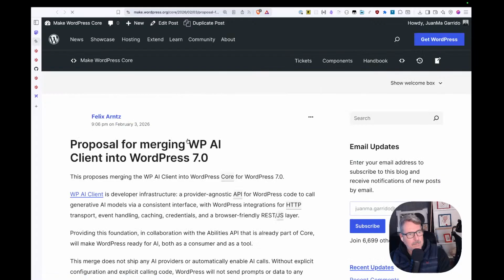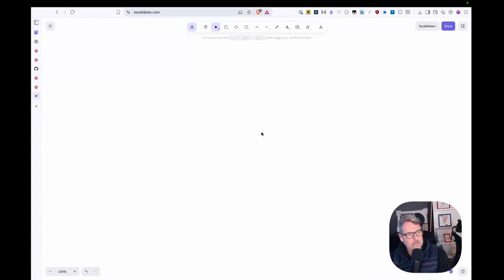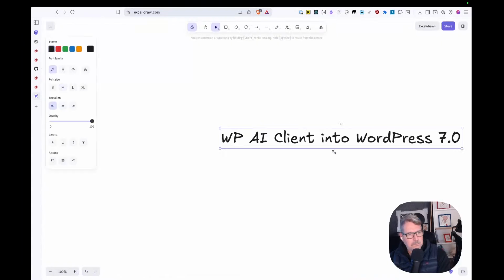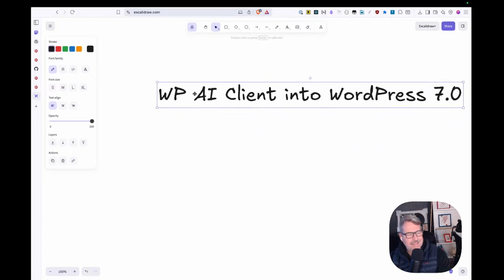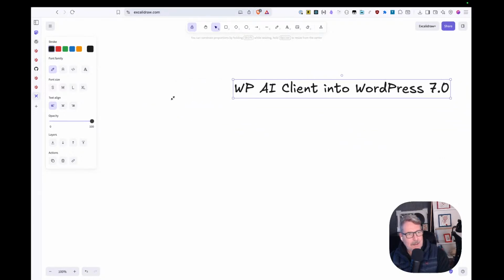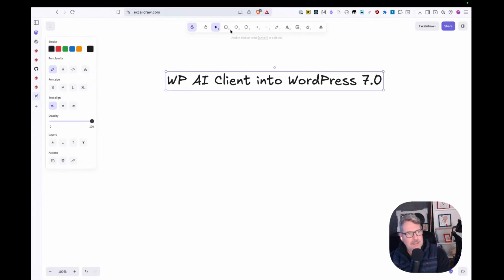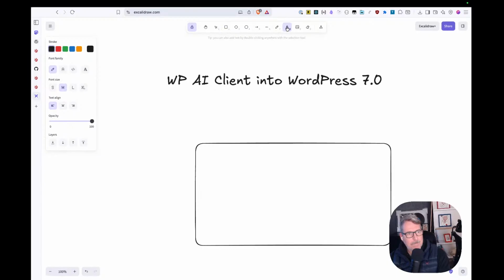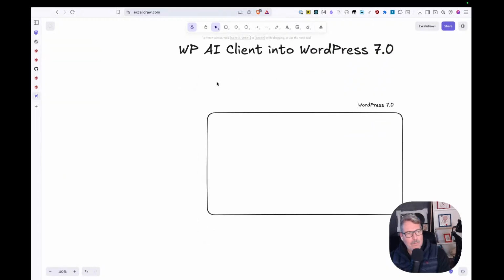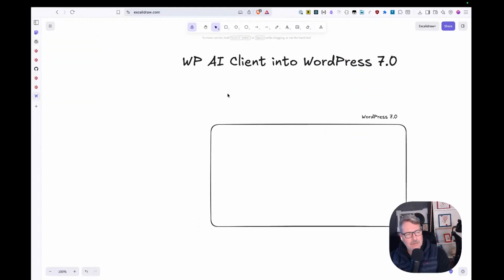So WP AI client. What does this mean? This means that WordPress 7.0 will provide this layer called WP AI client,